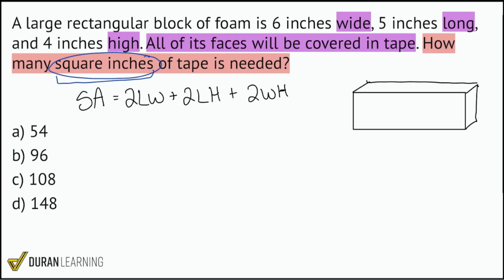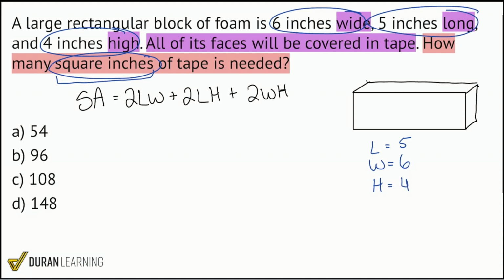So we have our values here, 6 inches wide, so my width is 6, 5 inches long, so my length is 5, and then we have 4 inches high, so my height is 4. Now I'll go ahead and just plug and chug. So here we go. Surface area